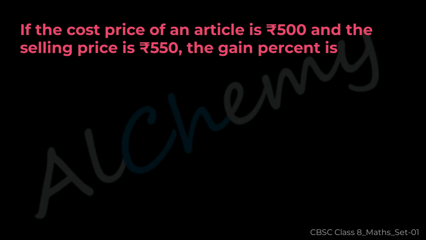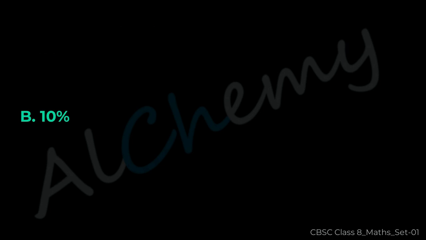0. Question 19. If the cost price of an article is 500 rupees and the selling price is 550 rupees, the gain percent is A 5%, B 10%, C 15%, D 20%. The correct answer is B